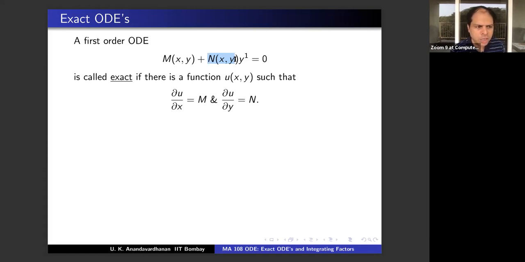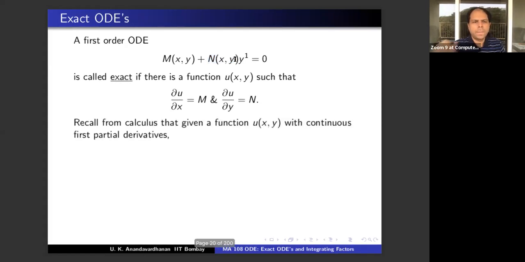So given a differential equation of this form, you say that it is exact. This is the definition. Suppose there is a function of two variables, denoted by u of x comma y. Take del u by del x, that is the first coefficient. Del u by del y, that is the second coefficient. You see that m and n are not interchangeable. M has a meaning, n has another meaning. N is the coefficient of dy by dx. M is the other coefficient. Okay. So then you call it exact.